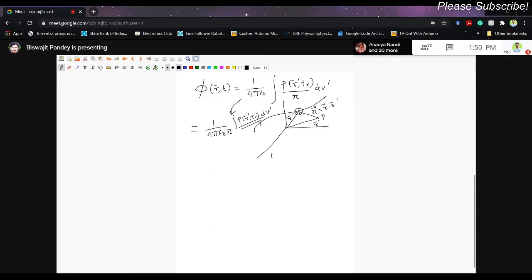So this is the volume integral of the charge density. And since it is the total charge, you may think that this should be q by 4 pi epsilon 0 r, but this is not true, because I have already told you that whenever we observe some volume, the information coming from different parts of the volume originated at different instants of time.